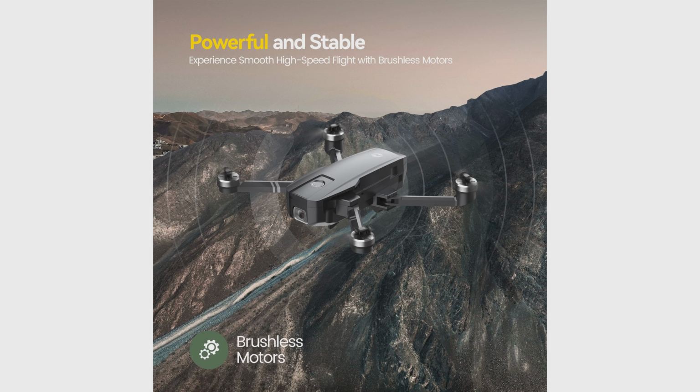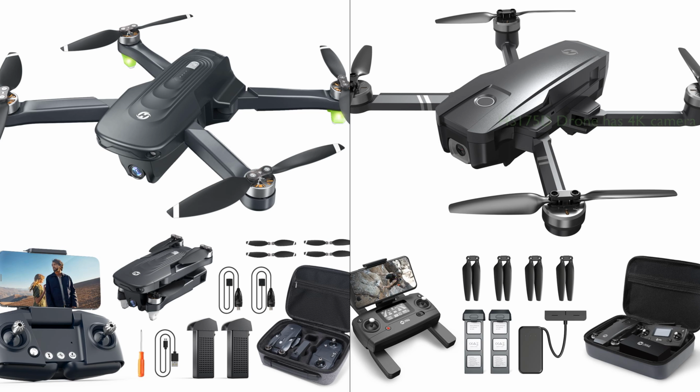right and left-handers. Both the HS175D GPS Drone Package and the HS720 GPS Drone 4K are fantastic offerings by Holy Stone, each with their unique strengths. The HS175D drone impresses with its 4K ultra-clear camera and a commendable flight time of up to 46 minutes, courtesy of its 2 batteries. This drone is particularly convenient for outdoor travel due to its foldable fuselage and a weight